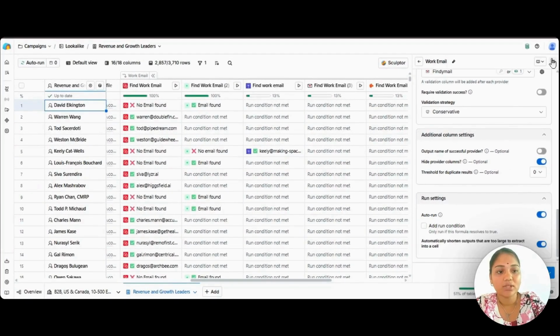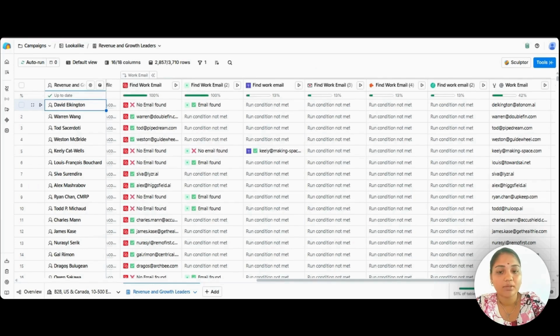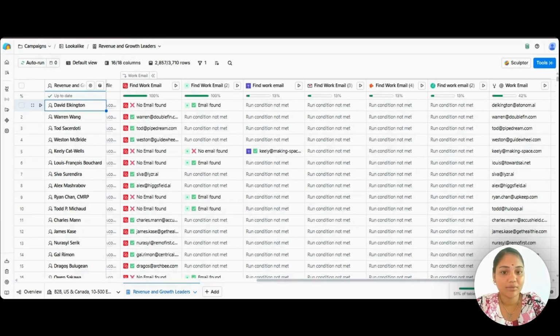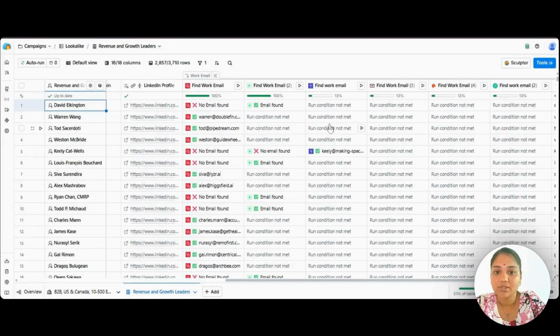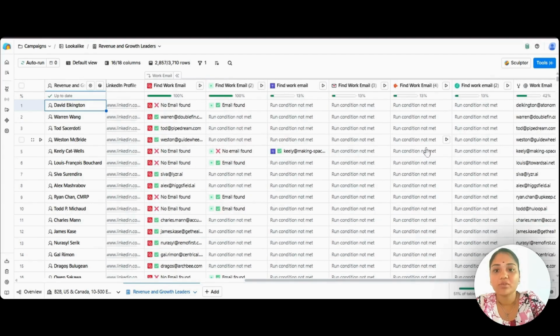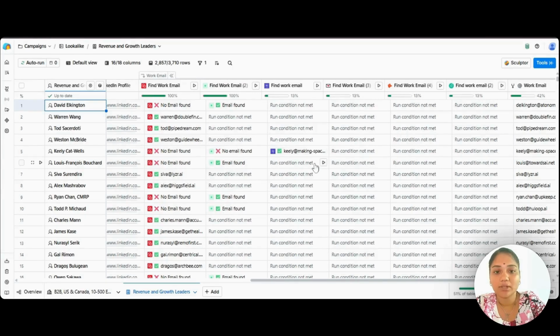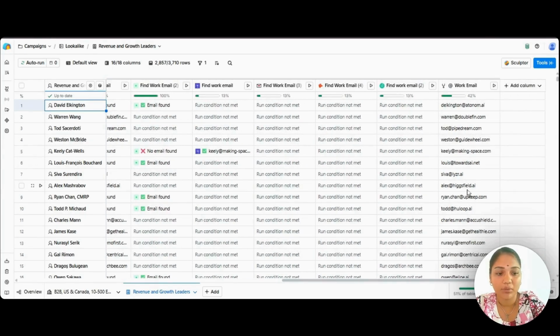Once you have done this, you just need to click the first row of that waterfall method. If the result is good enough for you, you just run all other columns. So based on that way, I just run the waterfall method here. If the prospect doesn't get the email, the ICP gets. Based on that, we will get the waterfall method here and the work email of all the persons. Now you have all the details about the company and the person level contacts.